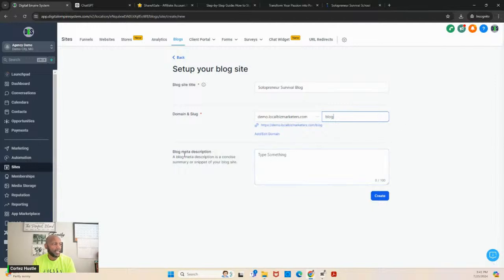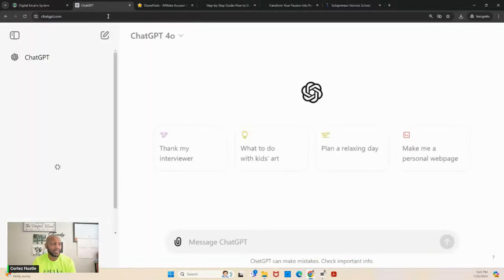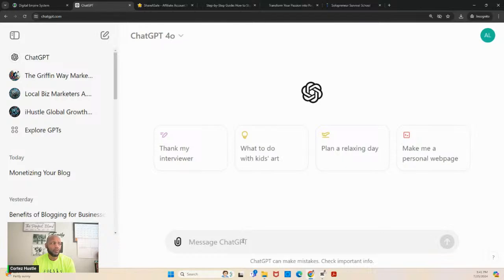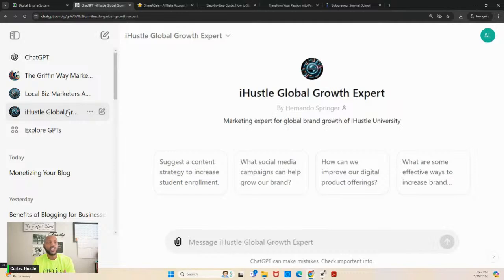Now it says, create a meta description for the blog. And this is where ChatGPT can really help you accelerate the process. I don't want to sit here and think about what a blog article would look like. I already have a GPT in chat that knows all about my business. So I'm going to say, please create a meta description